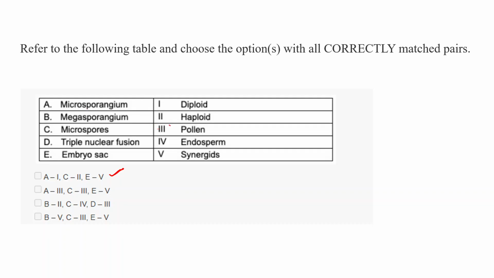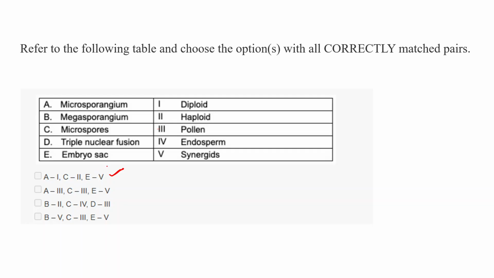That is microsporangium, pollen, because microsporangium and microspores are associated with pollen, so therefore this can also be correct. Then C can match with third, that is microspores, pollen again, because microspores has pollen in it. Then E can match with fifth, which is embryo sacs, which is redundant, but this is also true. So this can also